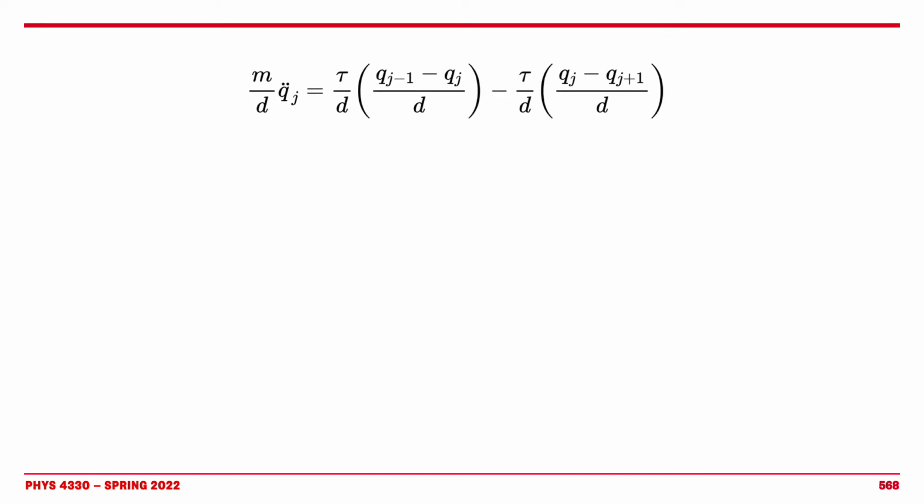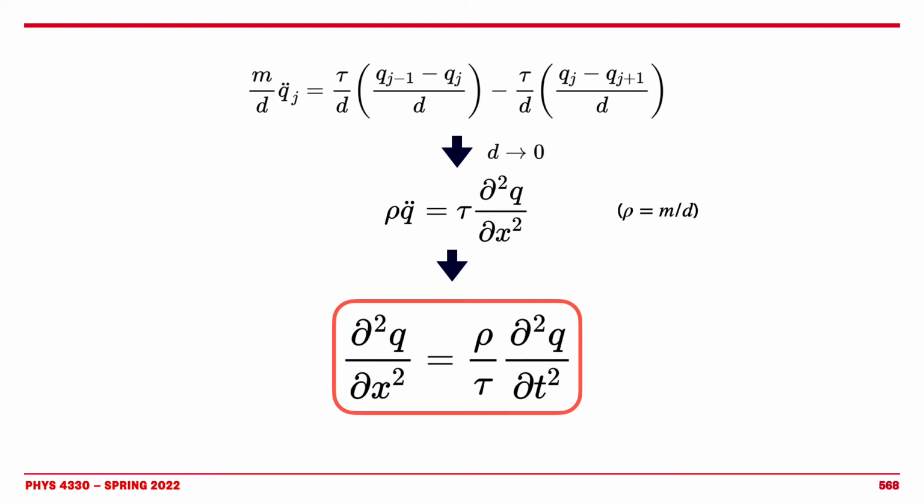Now we are going to take the limit d equals 0 of this equation. We actually saw that what we obtain in that case is this very important equation, that the right-hand side is tau times the second derivative of q with respect to x. And the left-hand side, we did one more thing. We wrote that the mass per distance is the density, or the linear density in this case. And if I write the q dot dot explicitly as the partial derivative of q with respect to time and rearrange the terms, I obtain this extremely important equation in the red box, which is the wave equation in one